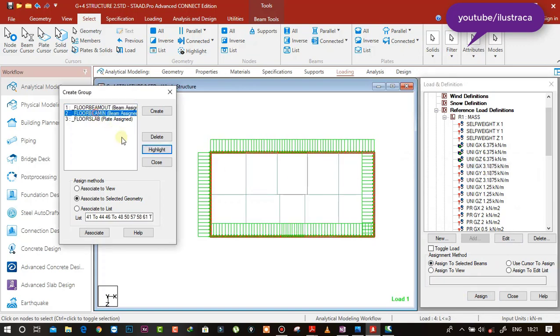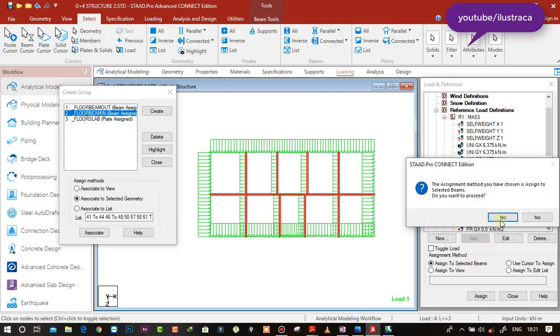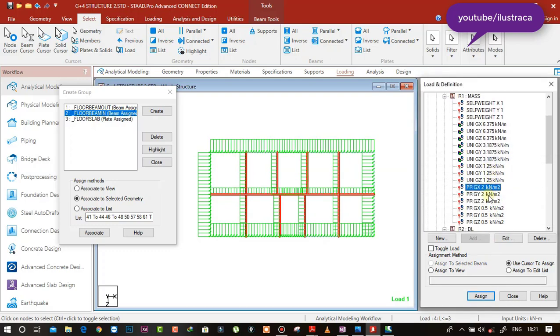Okay, now the inner beams. This is the parapet wall, so we will be leaving it here now, and this is our plate loads.